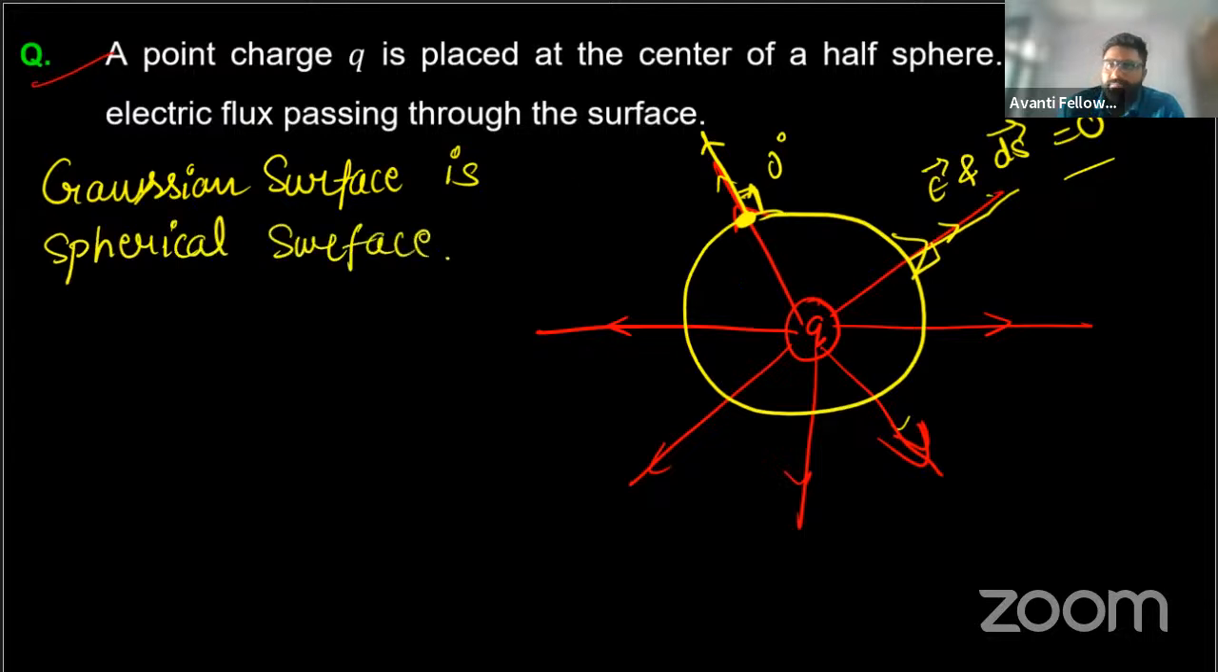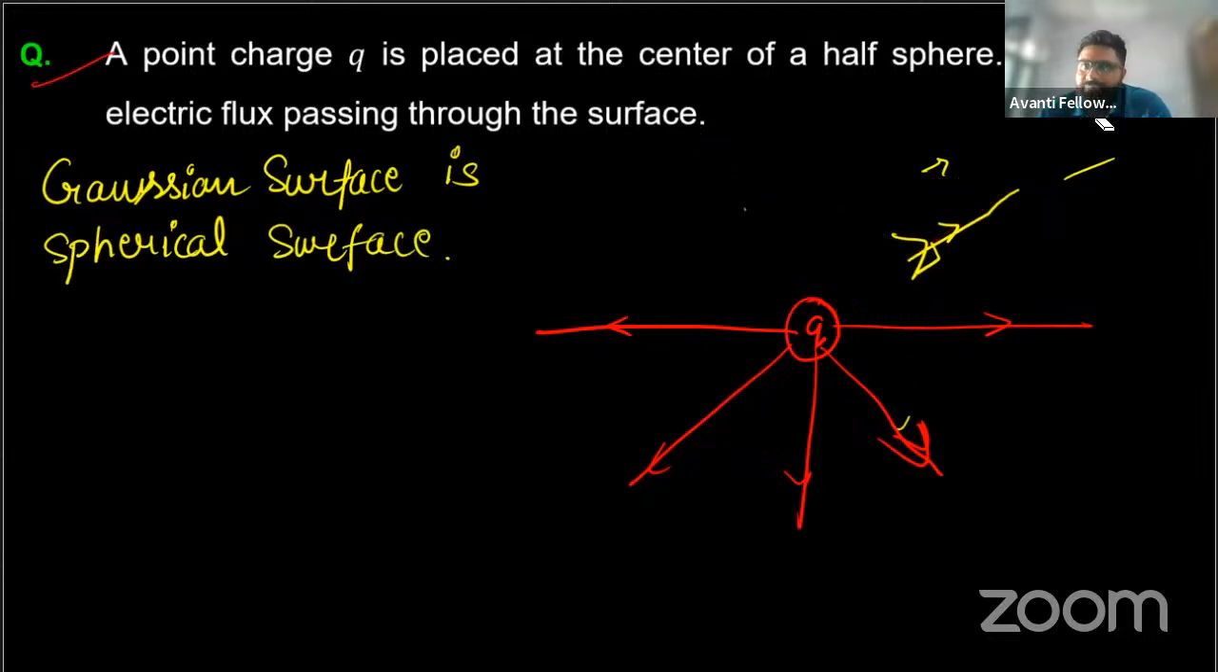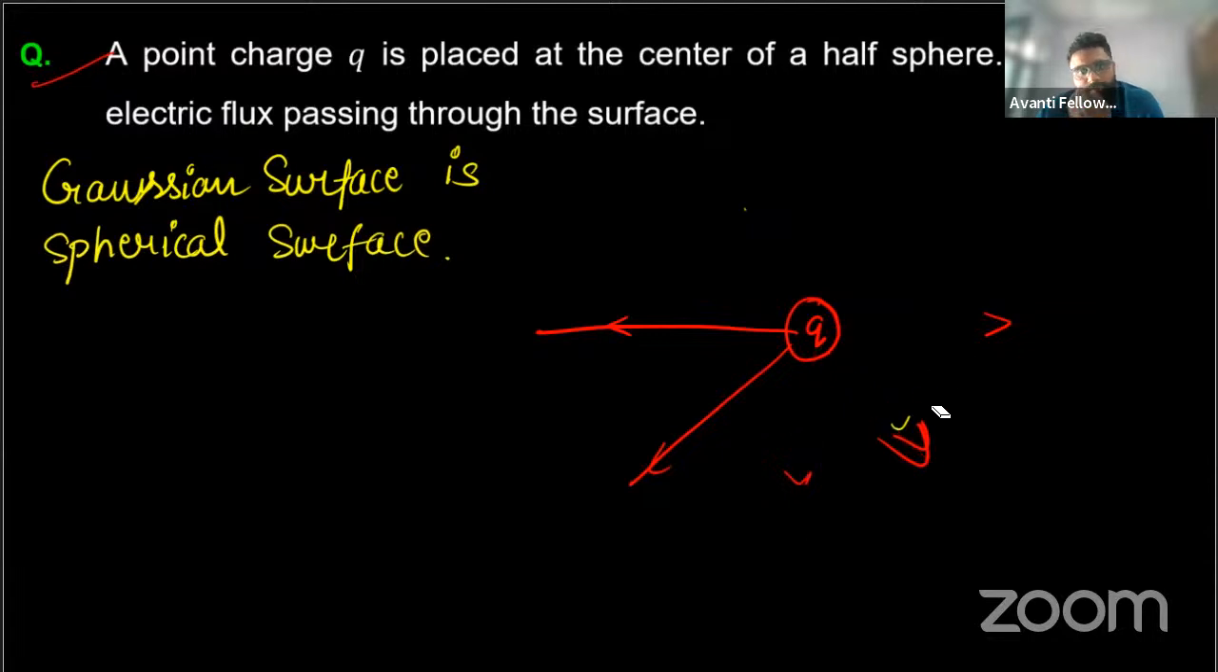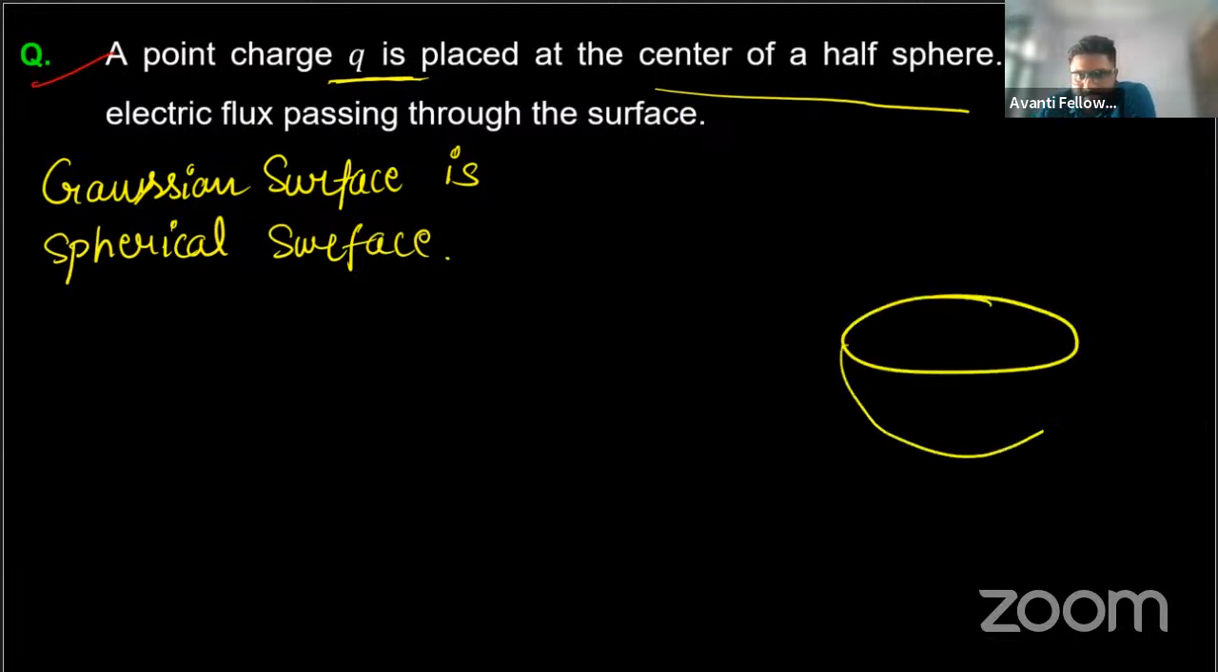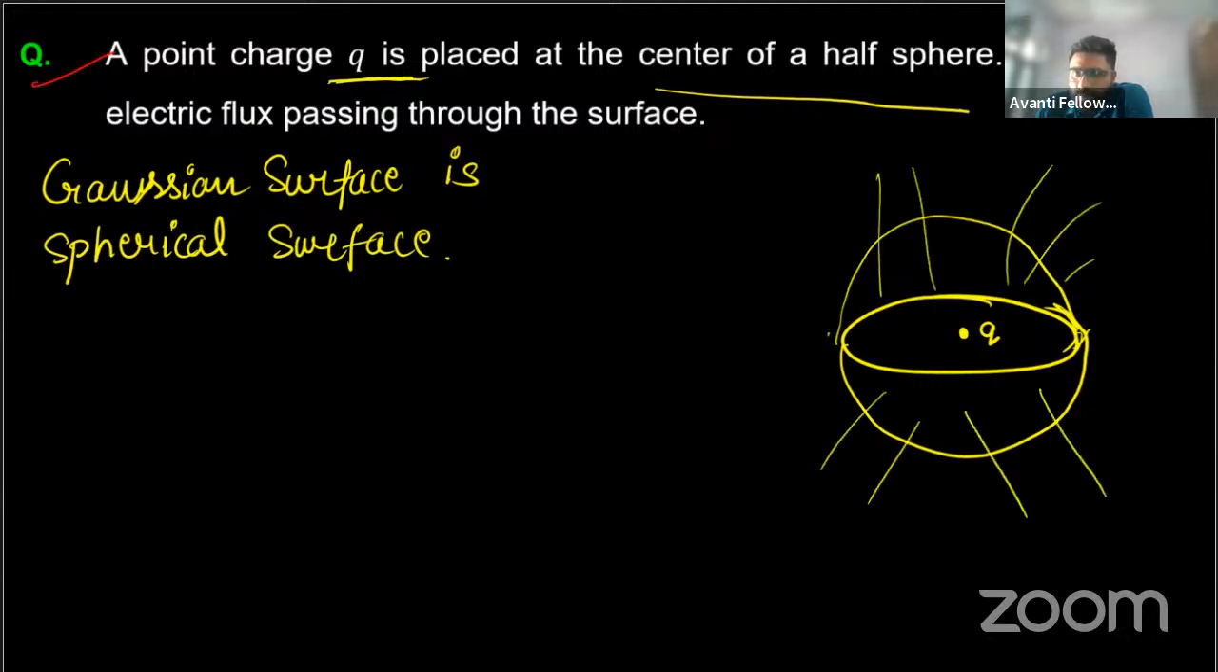Now read the question. It is decided which type of surface we have to choose: a spherical surface. Now this charge q is placed at the center of a half sphere. This is a sphere, a half sphere actually, and here is the charge present. Suppose this were a full sphere, then half of the flux would pass through the upper half and half through the lower half. So we can say that